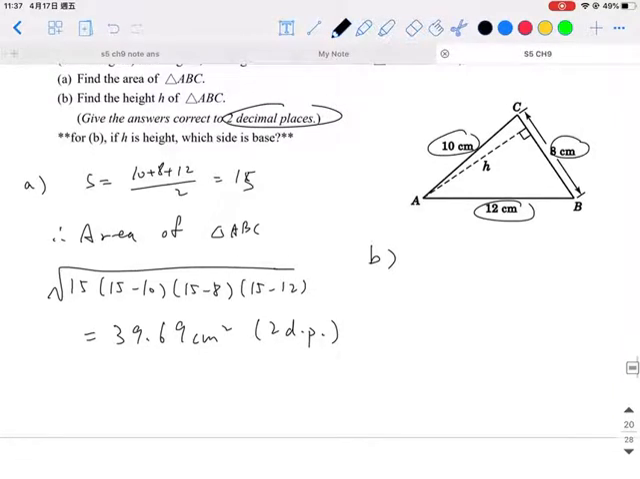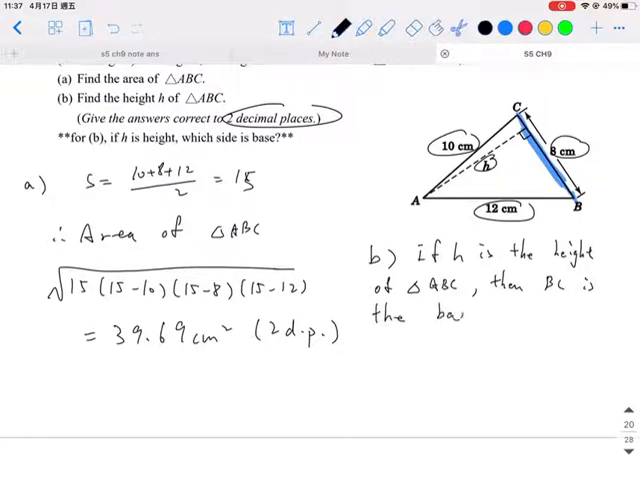okay, find the height H in triangle ABC. If this one is the height, then which one is the base? It is the perpendicular side of this one, so BC is the base. Therefore, I can write down: if H is the height of triangle ABC, then BC is the base. And therefore, we can write down the formula: the height times the base over 2 is equal to the area of the triangle. And after you solve it, you can get H is equal to 9.92